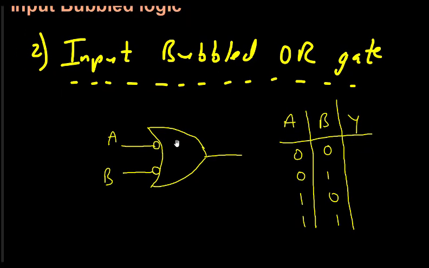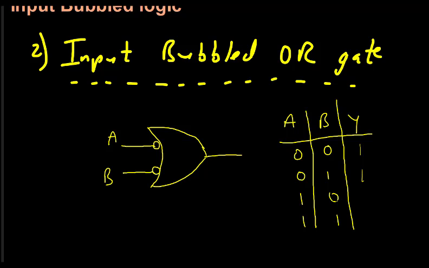So this is OR gate and we have bubbled the input. Let us see what happens with the input 0 0. 0 input actually, because of the bubble, becomes 1. So input is 1 1, output is 1. Then again 0 1, so input is 1 0, and for an OR gate, if any input is 1, output becomes 1. So this is also 1, and even this 1 0,